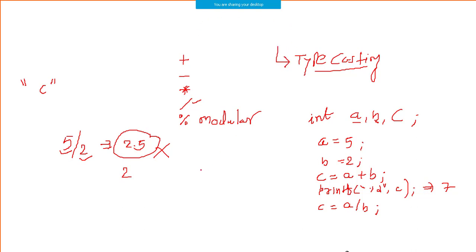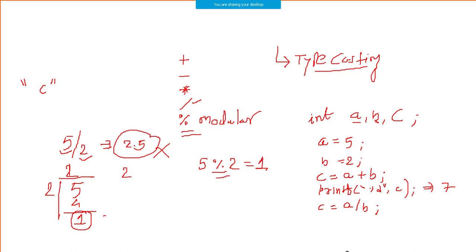That is one thing. Second thing is, let me explain the modulo operator, right? 5 modulo 2. Please understand, you know how we used to do a division, like 5 divided by 2. 2 twos are 4, and then what is remaining is 1. This is called the remainder. So when you apply the modulo operator, it will give you the remainder. So the answer is 1.